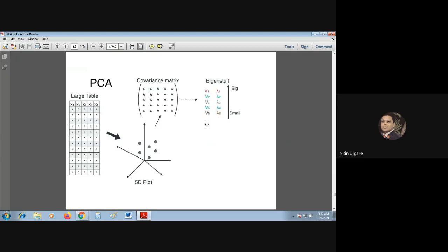This did not come magically. Why did I not take 7, 6, 8? Why not just 1 or 2? I took 5 only to indicate that, because we have 5 variables, 5 features in the data set, that's the reason we have constructed 5 eigenvectors and their corresponding magnitude value, which is represented by lambda.